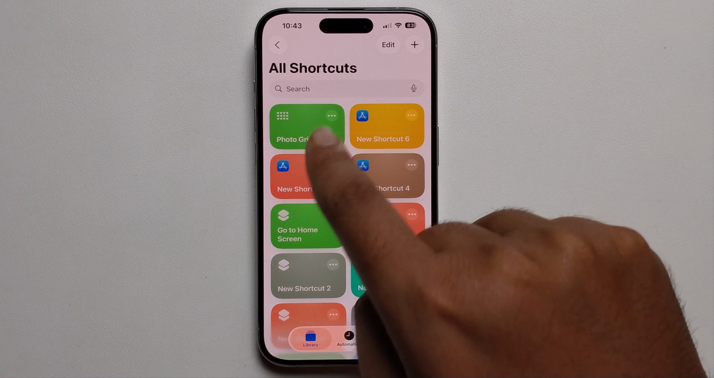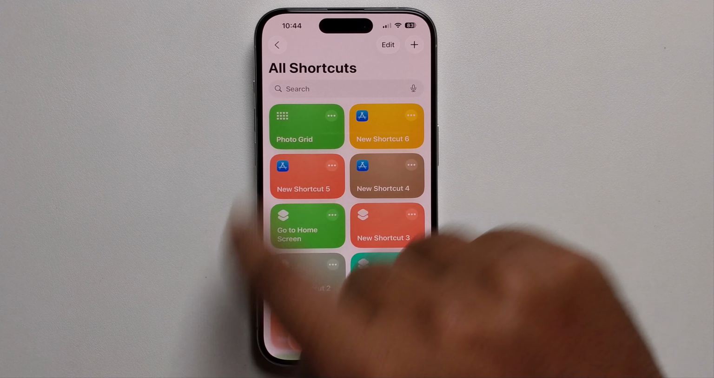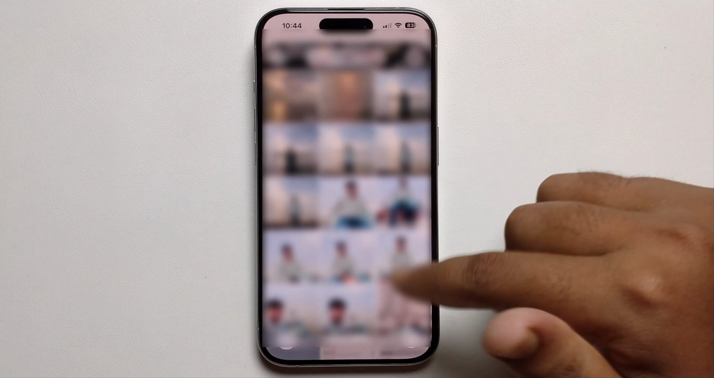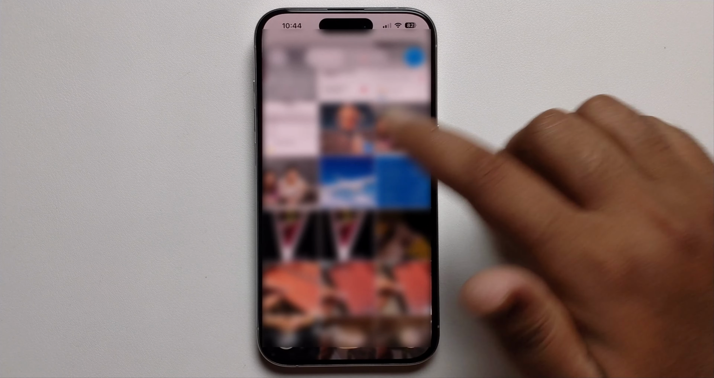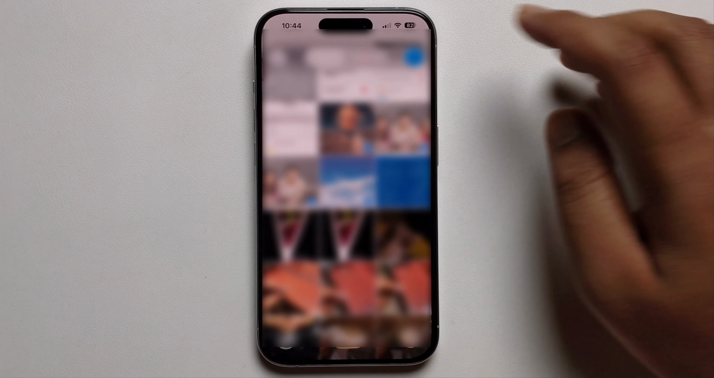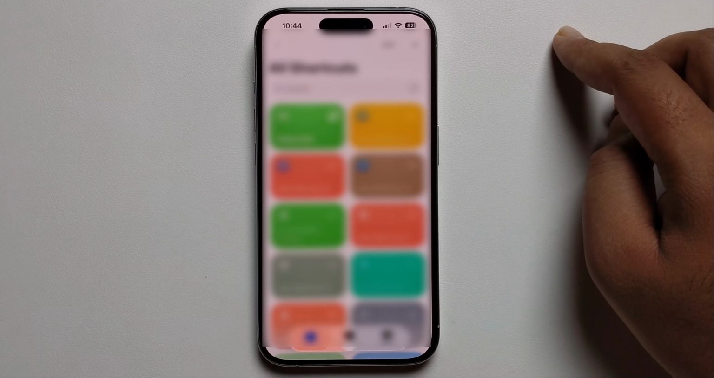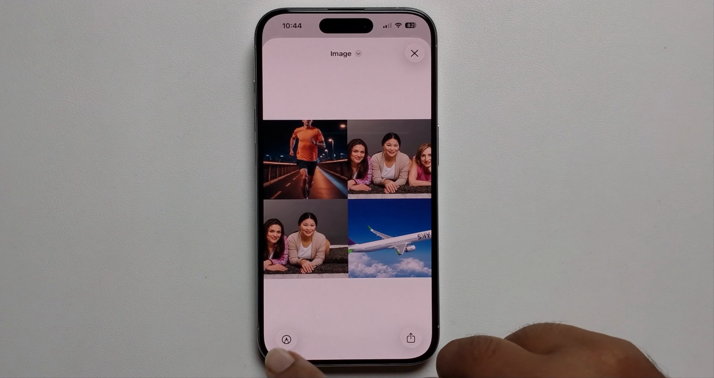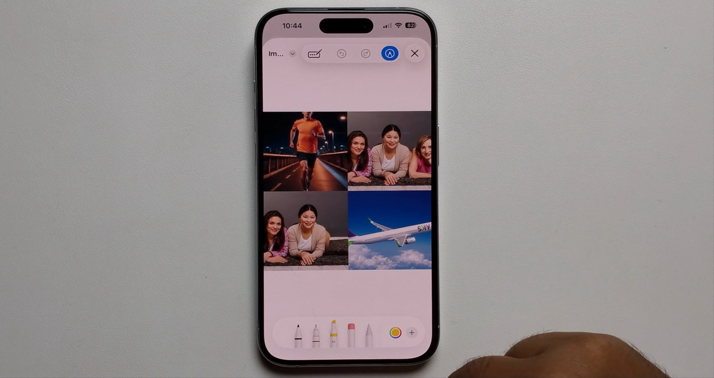Now it's showing this option, just tap on it, then it shows the select photo option. Okay, you just select photos, press on the right mark. So look here, now it creates. If you need to customize anything,